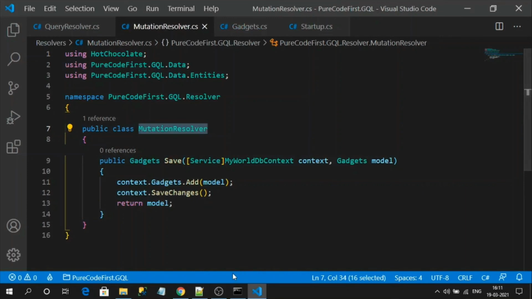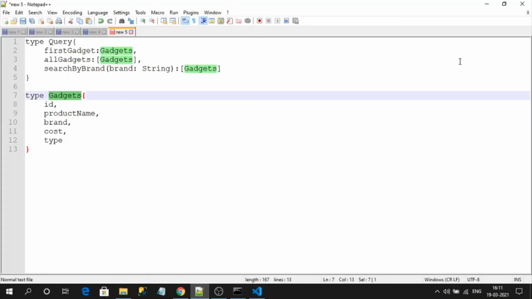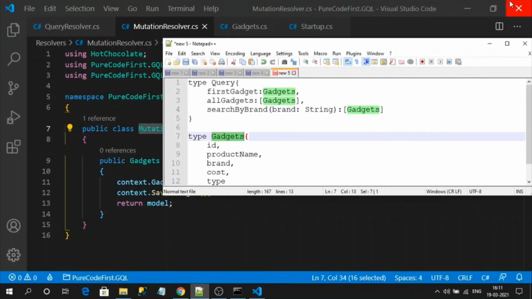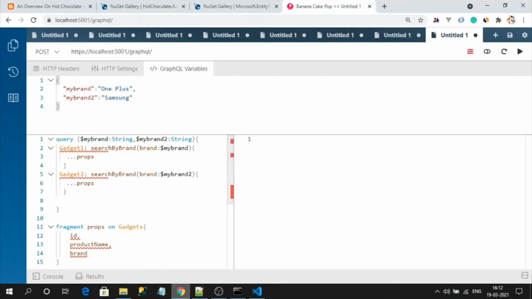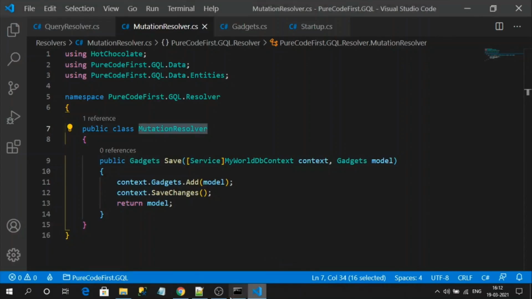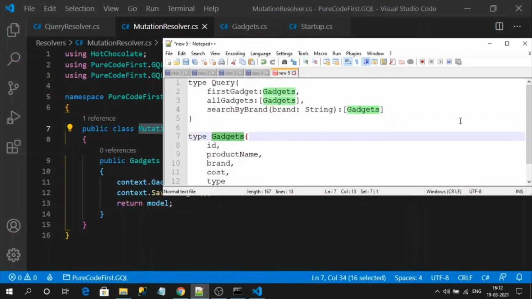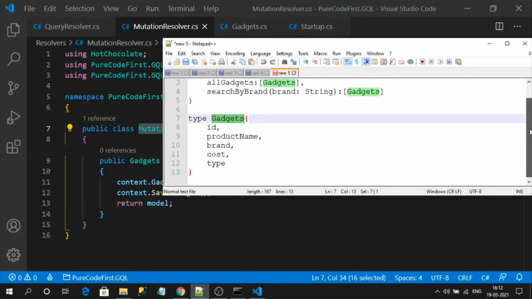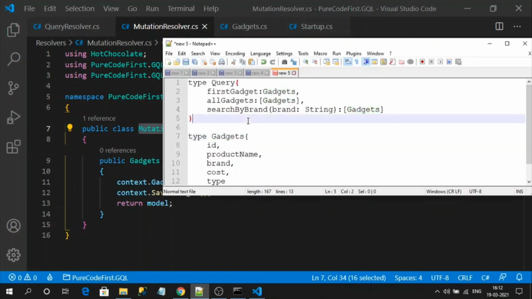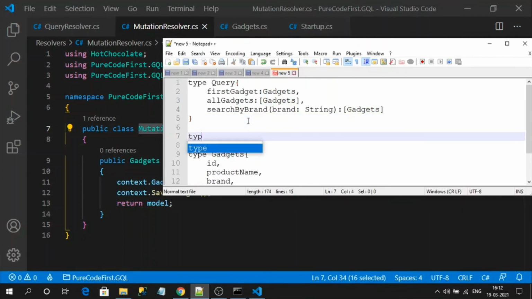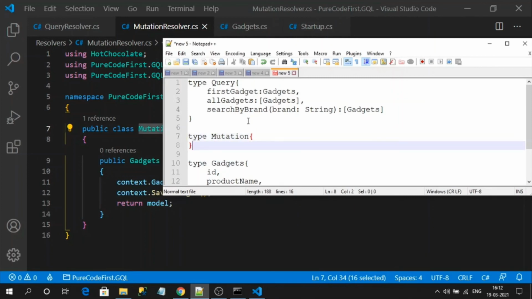So let's analyze how the schema will be automatically generated for mutation. For that, let's go to our notepad. It is a mutation type, it will generate, right? So the type will be Mutation, and it has one resolver method.